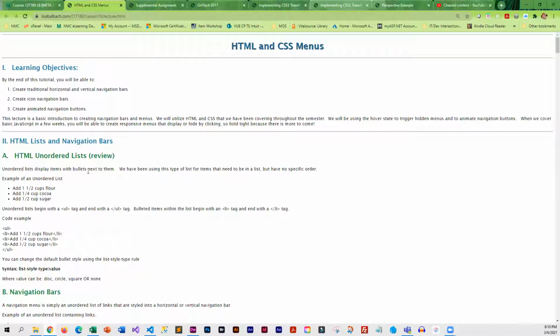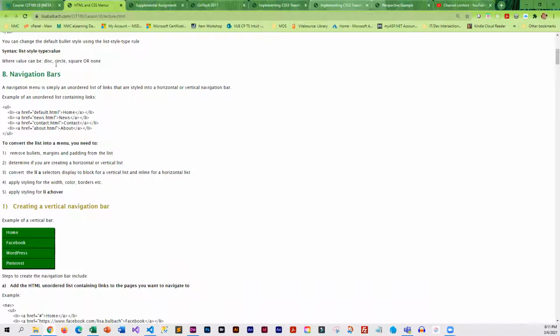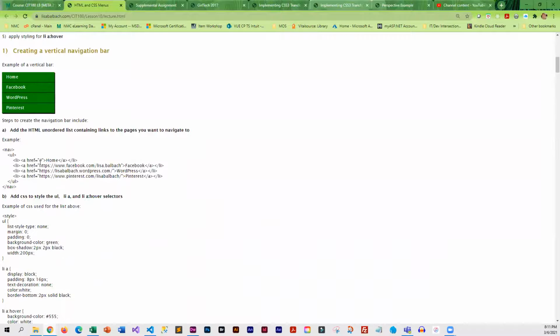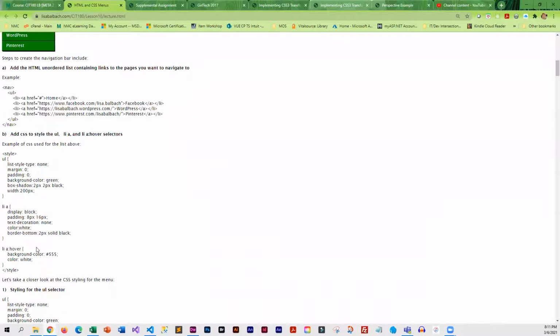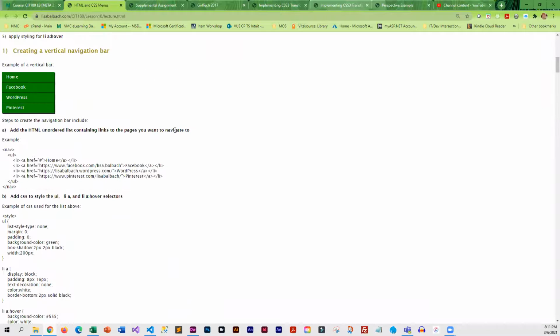You're going to go into the menu lecture demo, and this gives you a little review on unordered lists because unordered lists are one of the ways that we create menus. And so then you will see lots and lots of examples along with code and CSS used to create the examples. So you'll see vertical menus, you'll see horizontal menus,